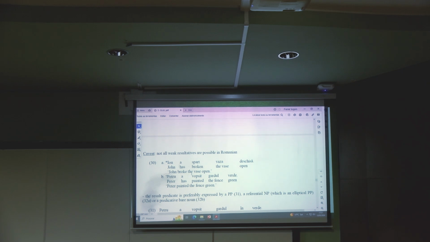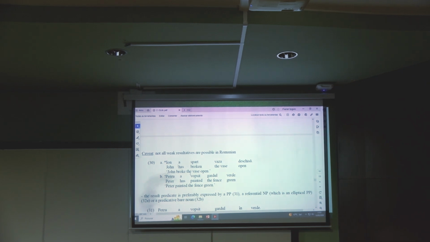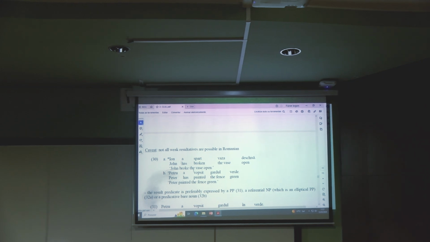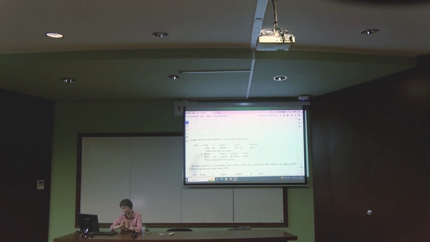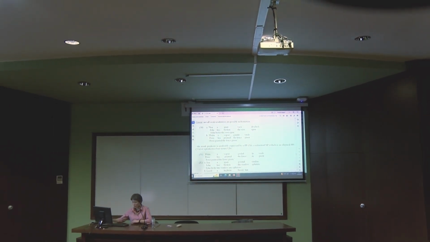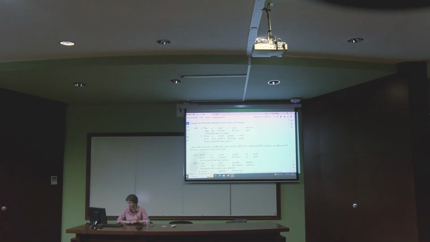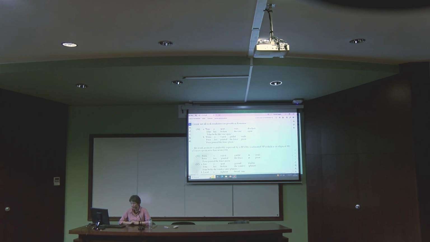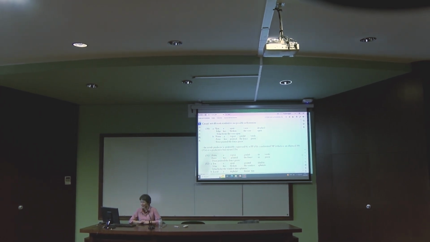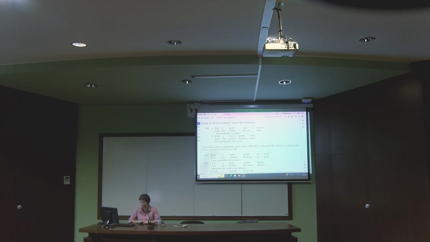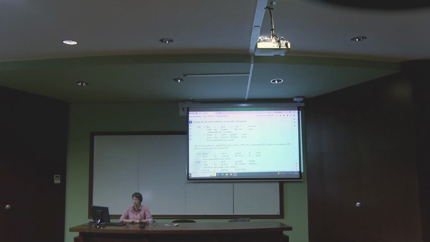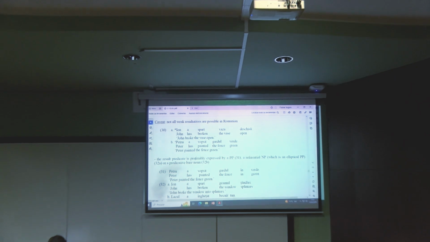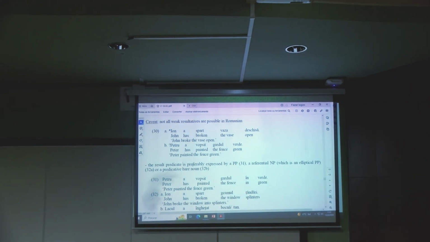Right? So Romance languages are very restricted. Only weak resultatives, but then again we need to narrow them down into the ones where the predicate is mostly a PP and not an adjective phrase. So we have the example in 31, Petru a vopsit gardul în verde. We can also have referential NP, which is an elliptical prepositional phrase. Ion a spart geamul țândăr, John has broken the window splinters, which is an elliptical PP simply because of the fact that once we introduce a modifier, mii de țândări, thousands of splinters, we have a prepositional phrase.